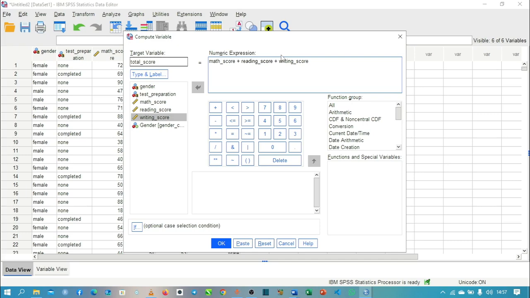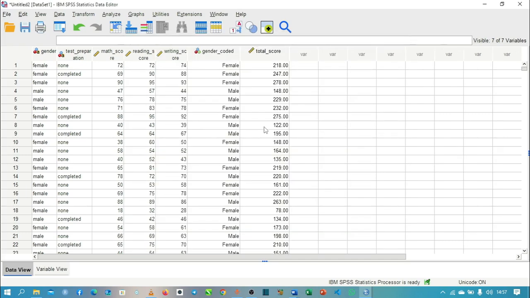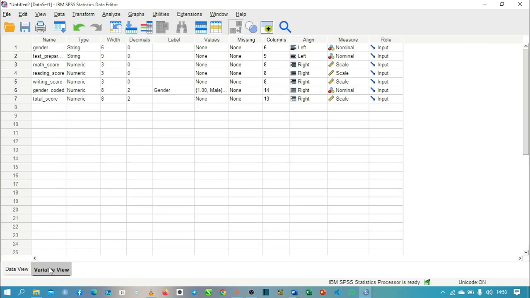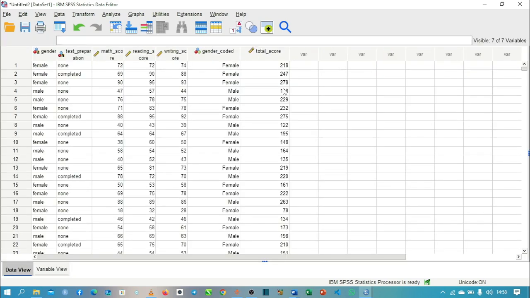And that is it. If we go back to our data now, you can see that we now have a column for total score. 72 plus 72 plus 74 will give you 218. Okay, for the decimal that is shown here, revert back to our video one. All you have to do is to go to your variable view. Under the decimal column there, we'll change it to 0. So there won't be any decimal point. So this is how to compute a new variable from the existing variables that you already have in your data set